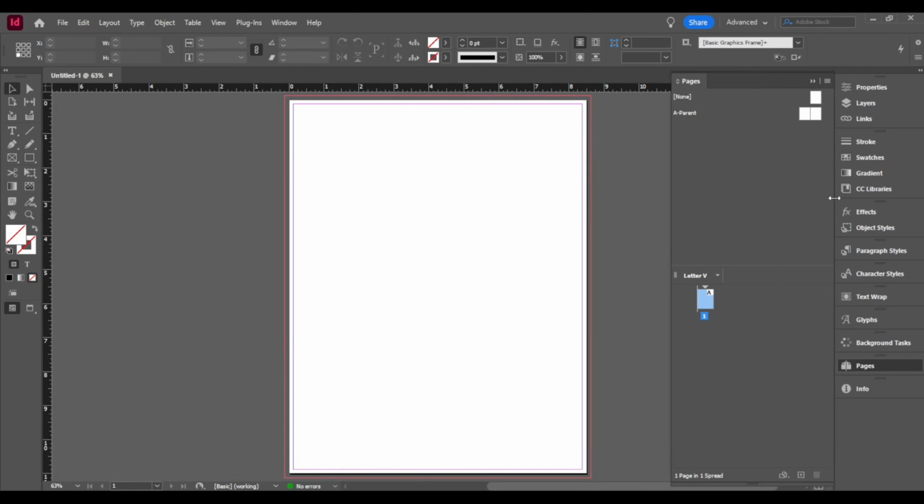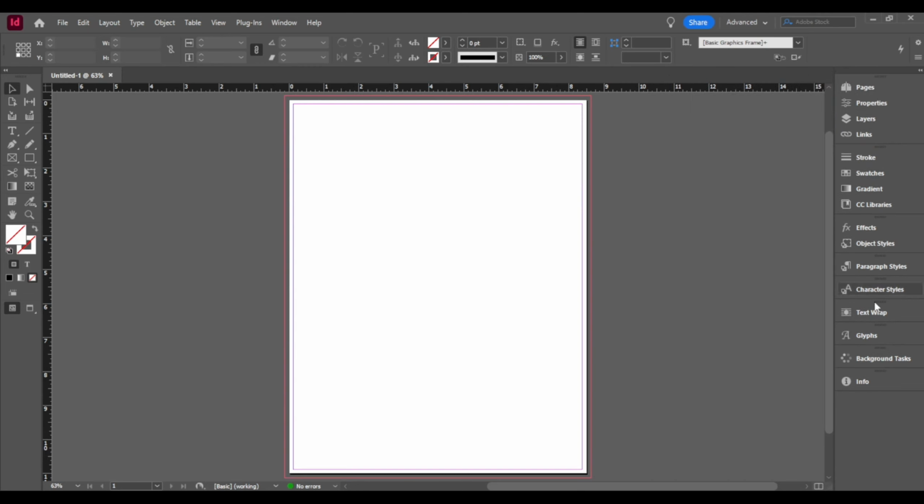Just a side note, and this is more of a tip, when you're working with InDesign, you can set it up the way that you want to work with it. Right now I have my pages, which I probably should put at the top. It's been a while, but again, pages are here, layers are in here, properties are in here, so I have everything in that section because it's easier for me to work with it. So back to the topic of this video,